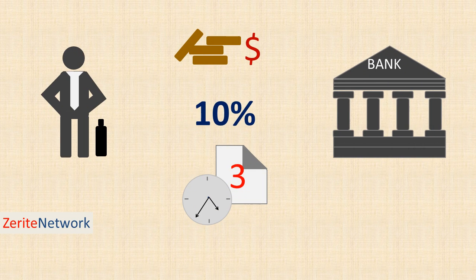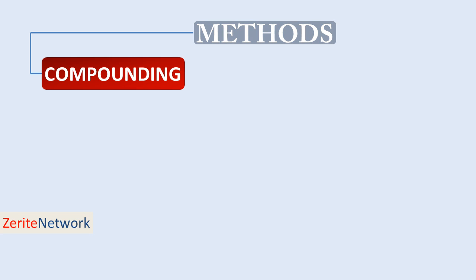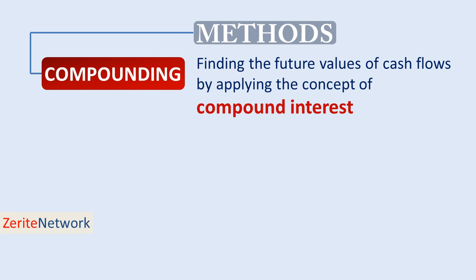Let's say an investor wants to invest X amount at 10% rate for 3 years. How will he know what he will make each year? Two methods come to mind. Number one, compounding, which is the process of finding the future values of cash flows by applying the concept of